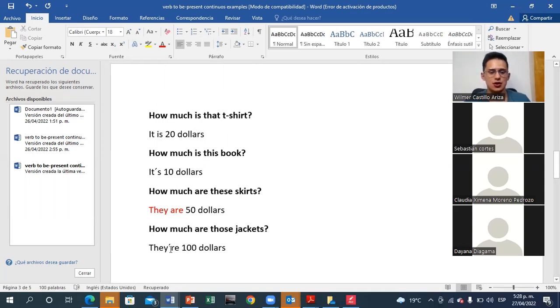Listo. Cuando vamos a preguntar por una sola cosa, preguntamos con how much. Vean cómo se pronuncia este. Este no se pronuncia ni much, ni es como si fuera así, match. Bueno, ese match que les acabo de escribir significa partido, también unirse, pero en este caso se pronuncia así, much. How much is that skirt? Ok, much. Listo. Cuando preguntemos por una sola cosa, how much is. Cuando sea por varias, how much are. Respondemos con they are para plural, it is para singular.